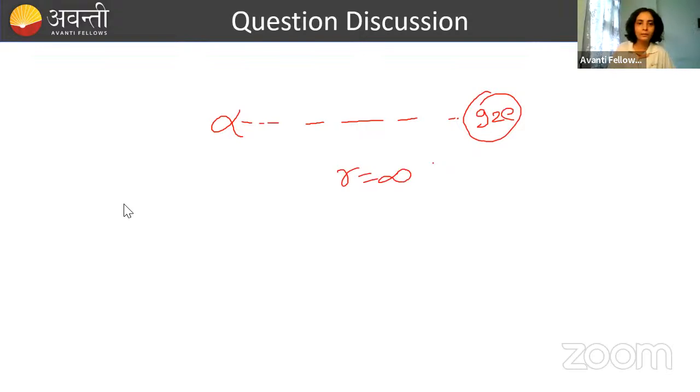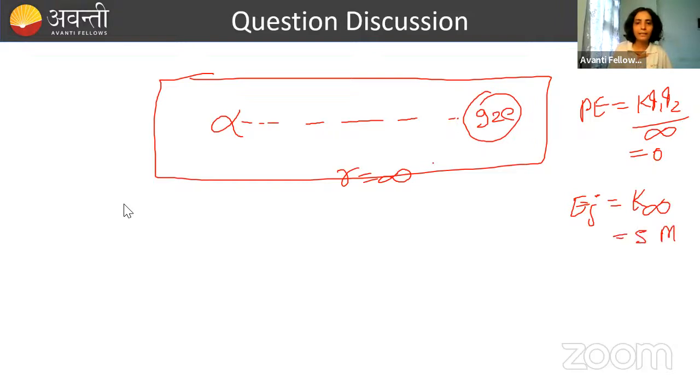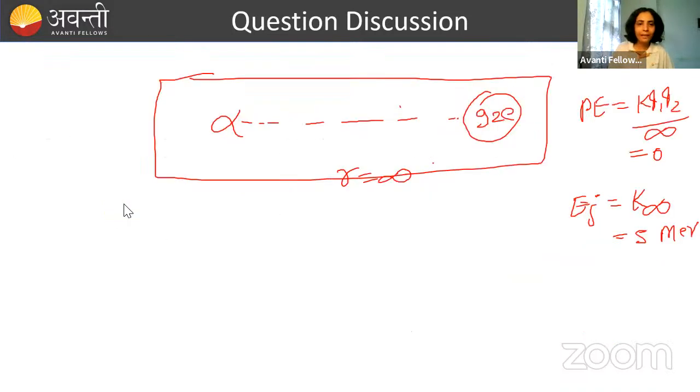Initial its energy is how much? Initial energy of the system, this is a system of 2 charges, but distance between these 2 charges initially is infinity. So potential energy of the system क्या होगा? K Q1 Q2 by infinity, that is 0. So initially only the energy value will be, initial energy will be kinetic energy of alpha particle and that is equal to 5 mega electron volt, यहाँ पे 5 है, हाँ, done. Finally, when alpha particle is here, its velocity is 0 and it is at closest distance, that is R.